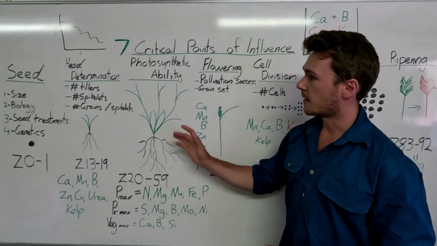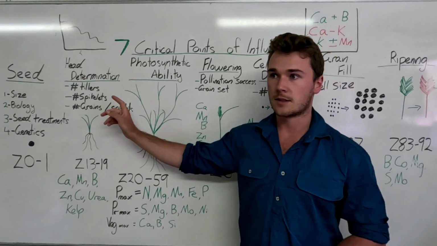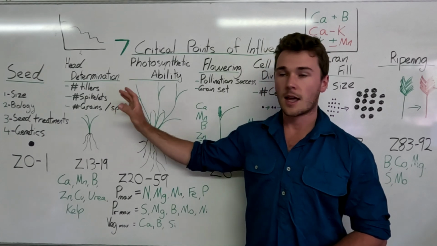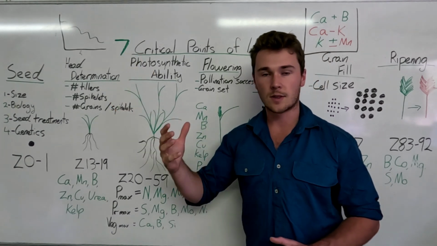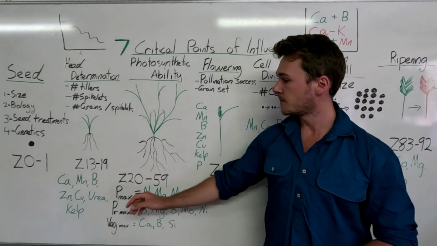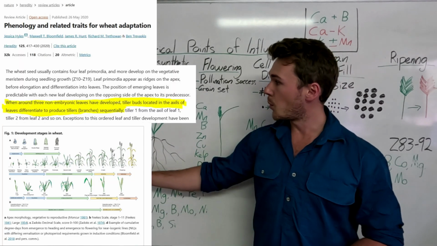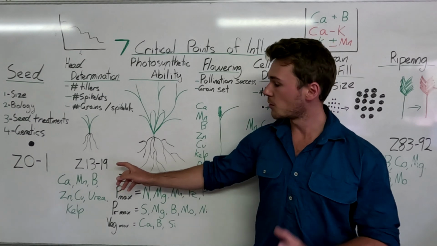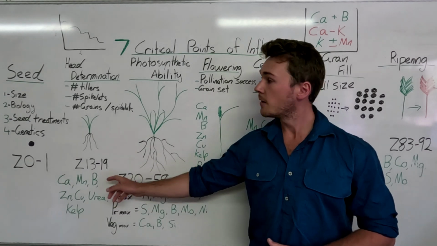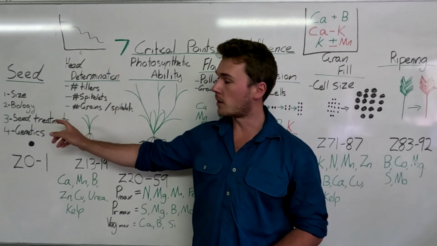Now it's common belief that this is determined during the booting stage, but although that's correct in the sense that it occurs during the booting stage, the head determination or the tiller determination and all the stem cells turning into the actual specialized cells happens very, very quickly after germination, within a few weeks. Between the third leaf and basically the first tiller is when these cells differentiate. So it's super important that we have these minerals, all of which help with cell differentiation and cell division, to set the scene for this. This is also why it's really important to have really good seed quality,